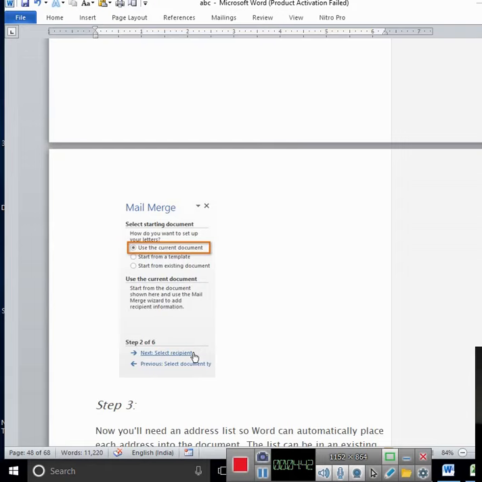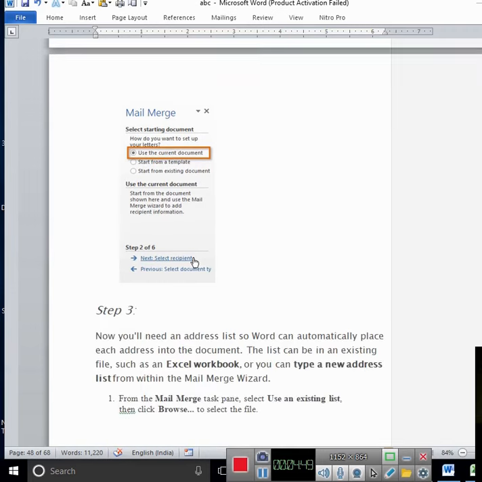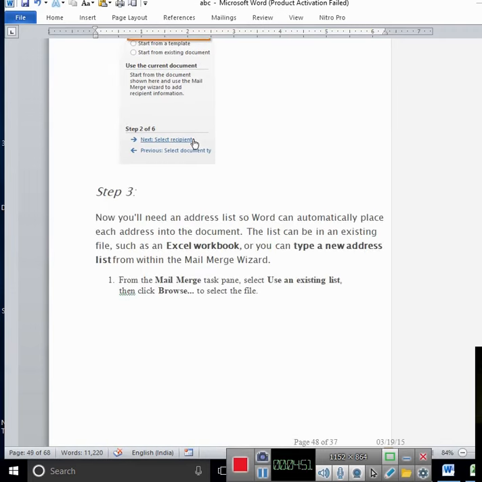There are 2 options for the recipient list. Either you can create a new file or you can use an existing file. Third step, if you are using an existing list, save it, or if you are creating a new list, create that list and save it.